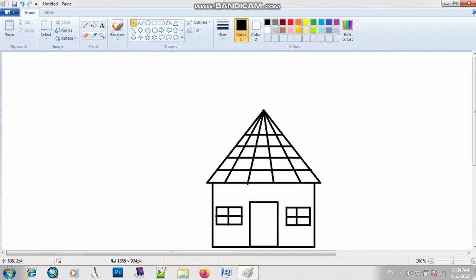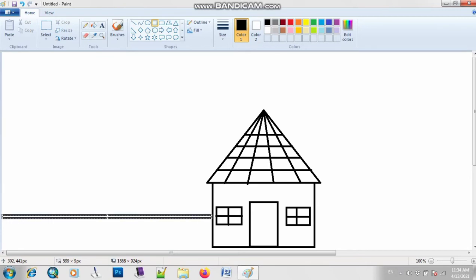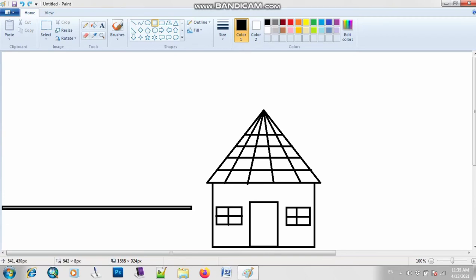Now I will draw here a boundary. I will use the rectangle tool again, like this way. And then again I will just make this kind of thin rectangle.